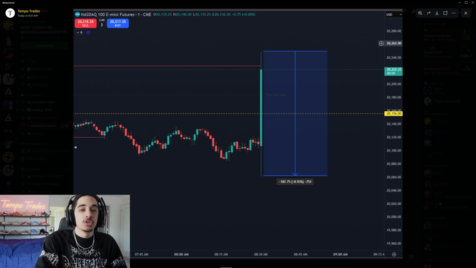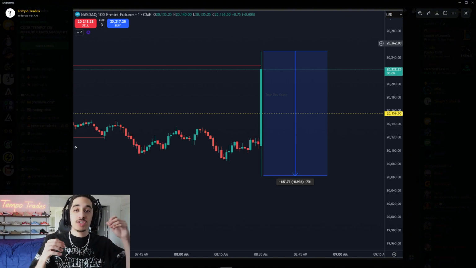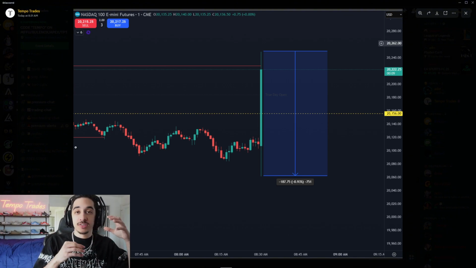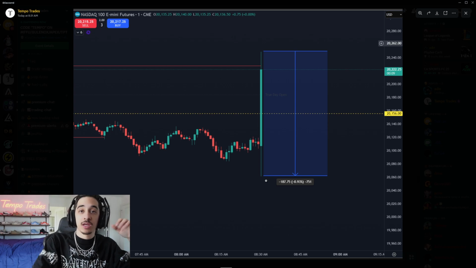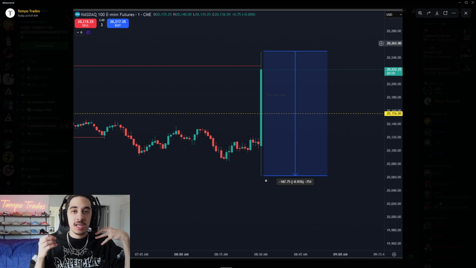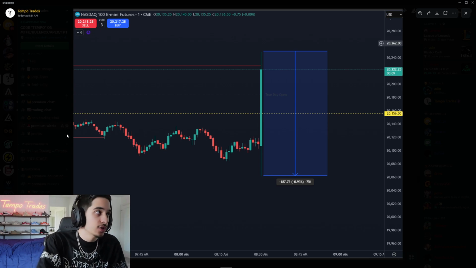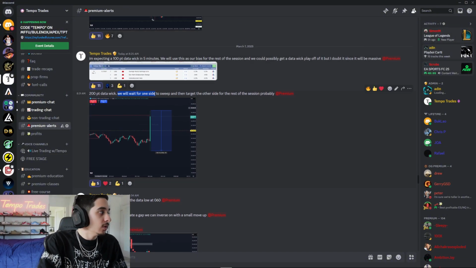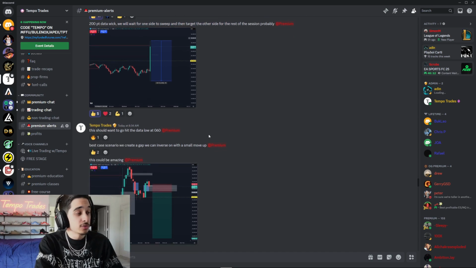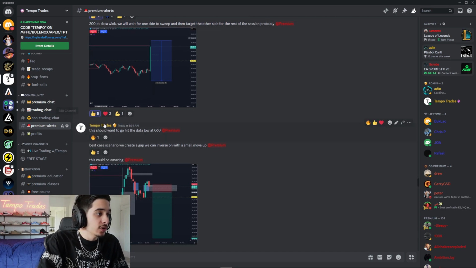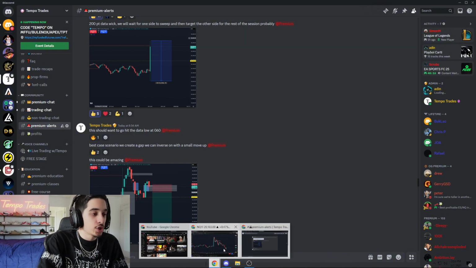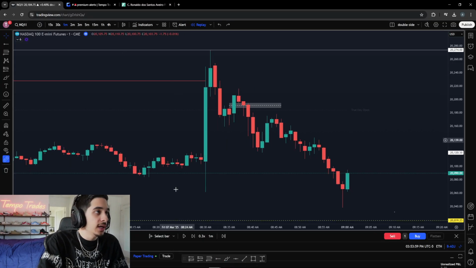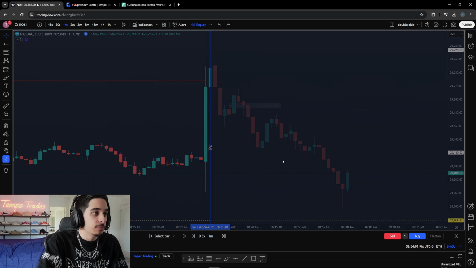Okay, so now the idea is price is going to want to take out both sides, the top wick and the bottom wick, again because there's so much liquidity and volume resting at these areas. I basically said right here, we will wait for one side to sweep and then target the other side. So as soon as the top end swept, if I go back to the chart, as soon as the top end swept right here, okay,